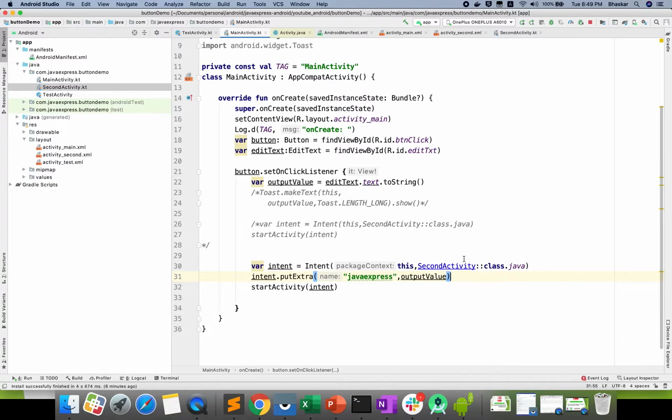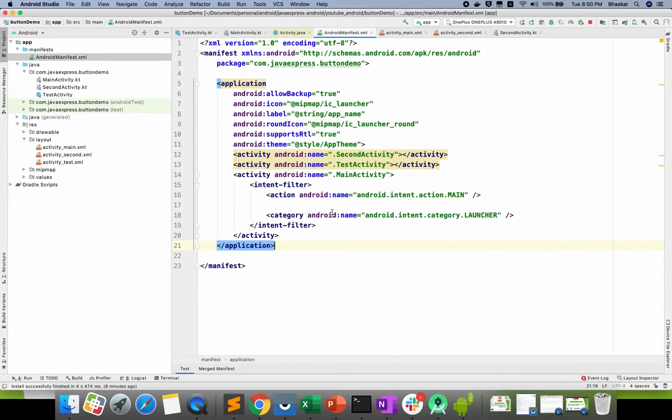This part is you sending data to the Android OS. Android will go and check the manifest file. I didn't explain about the manifest file, right? Whenever you create any activity, all activities will be registered. It will be there in the AndroidManifest.xml file. If you see here, activity name second activity, activity name main activity, I created another activity for test purposes.